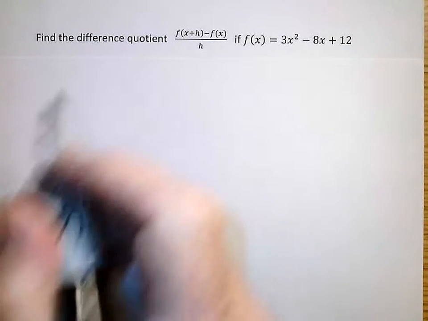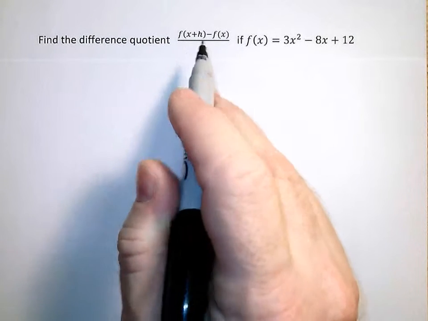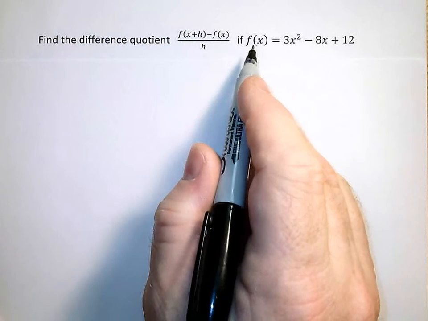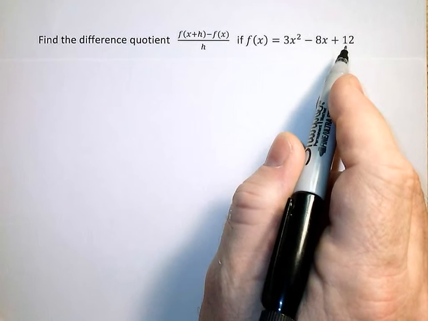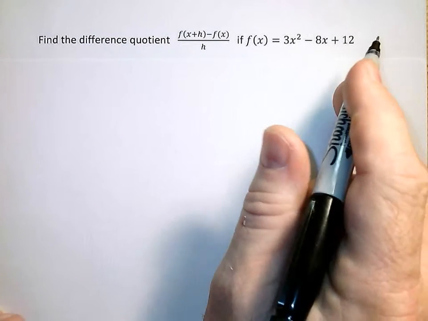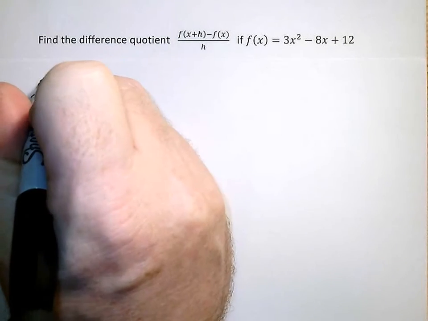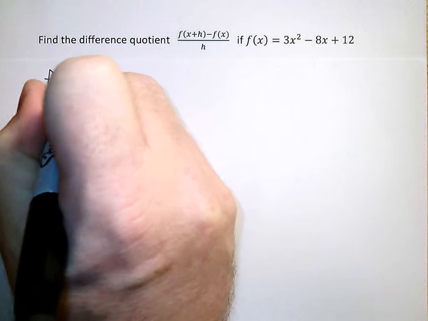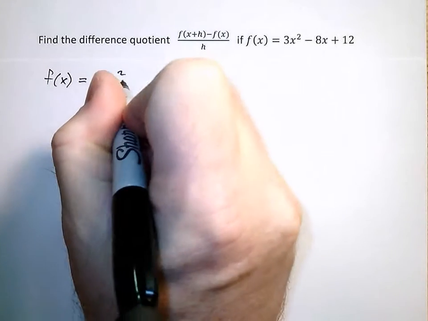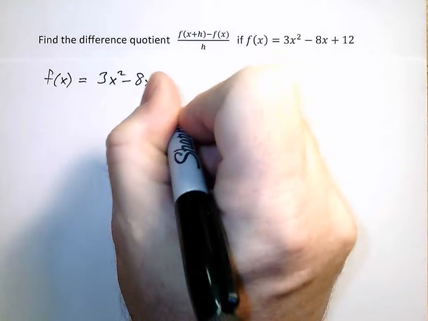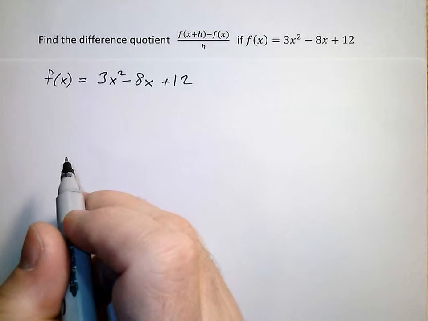Okay, so here we want to find the difference quotient, which is f of x plus h minus f of x over h, if f of x is this quadratic, 3x squared minus 8x plus 12. And this is going to involve some very basic algebra. So, if f of x here is 3x squared minus 8x plus 12, I can substitute what I want in